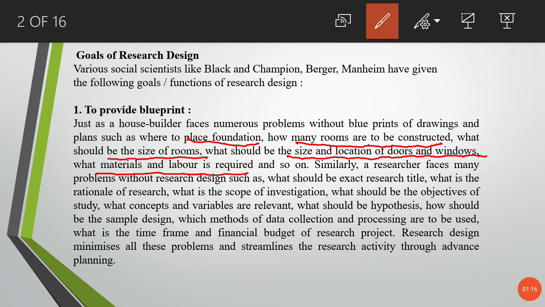Similarly, a researcher faces many problems without a research design, such as what should be the exact research title,